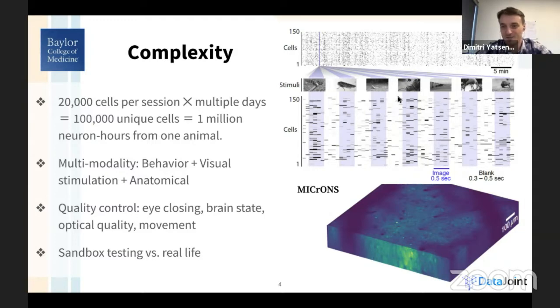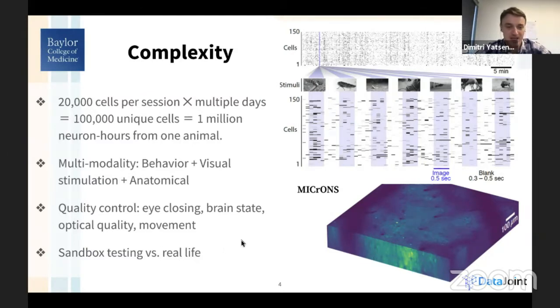there was a complex collection of stimuli, with natural stimuli, static and movies, as well as synthetic, parametric stimuli. And a lot of attention, and we'll talk about quality control. Quality control is something that everybody knows we need to do, but very few labs actually do it well. And so providing standardized tools for controlling the quality of the recordings, with simple things like the eye is closing in visual experiments, or tracking the brain state, like is the animal awake and attending. And then in terms of imaging, any sort of interference with the optics, for example, or presence